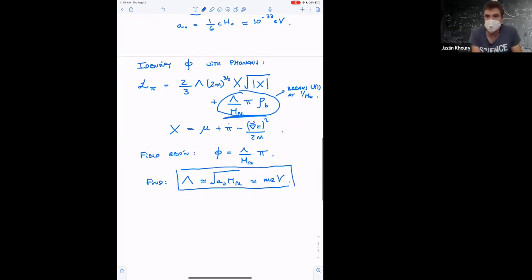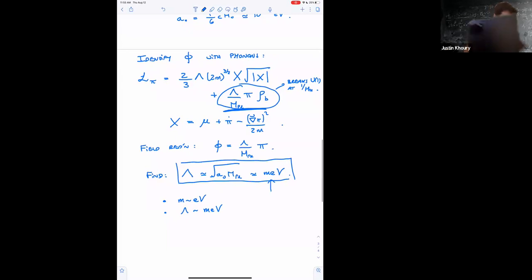And this is sort of interesting because you see that all the scales in the superfluid Lagrangian, so remember the mass was of the order of an electron volt. And now this interaction or coupling scale lambda is a little bit below the eV scale. Everything is around eV-ish. Okay, so that's kind of nice. And of course, as you all know, milli-eV is the scale of dark energy. So in principle, it suggests a possible connection to cosmology.